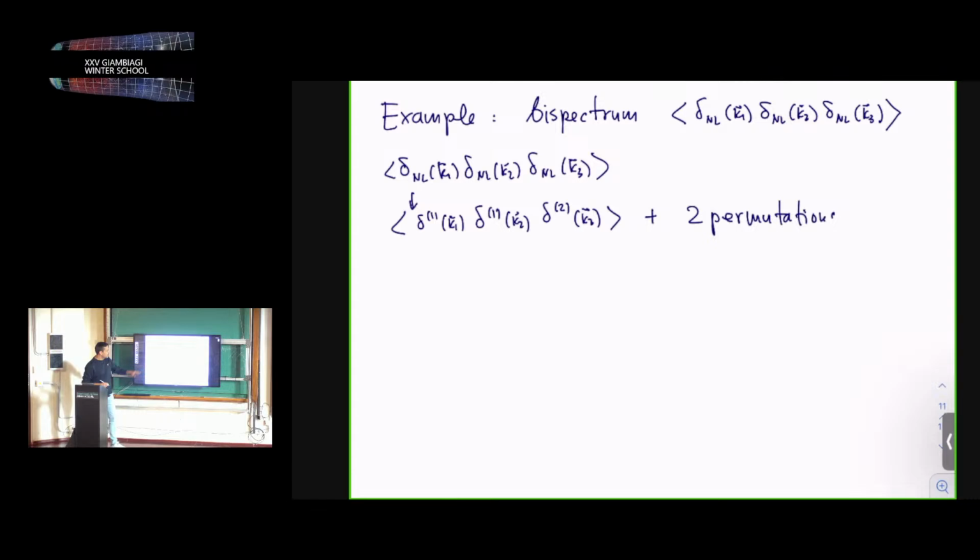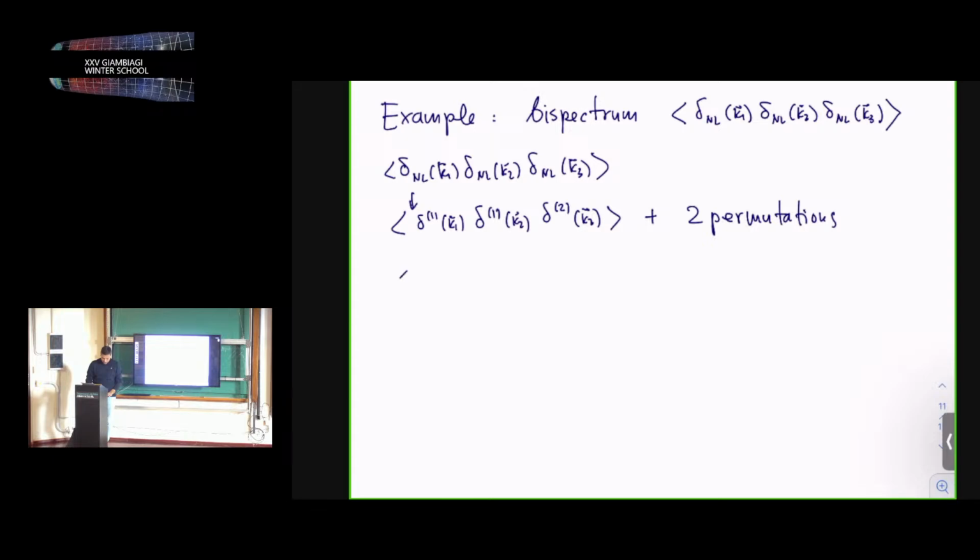They're going to be identical, except that you will have to permute the k's, because everything that we say here about k3 will equally apply to k2 and k1. So you don't have to write them explicitly. Okay, so then what is this expectation value? Well, to find it, I have to